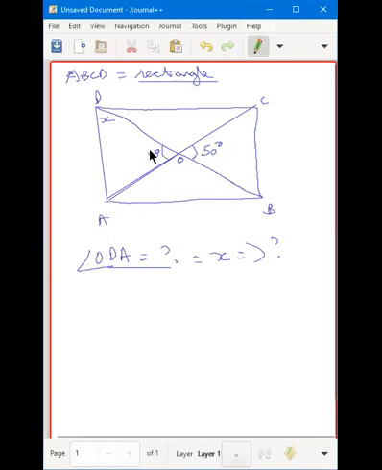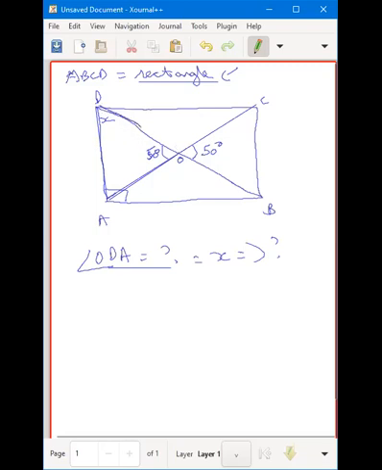So is there any relationship or any property in this rectangle? Because this is given to you as a rectangle, some property we need to apply. So what are the properties of a rectangle? All the angles are 90 degrees. Okay, these angles are 90 degrees, but does that help us? Diagonals don't bisect angles of a rectangle. Do you remember that?